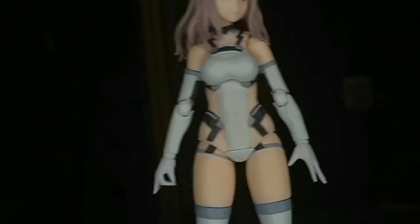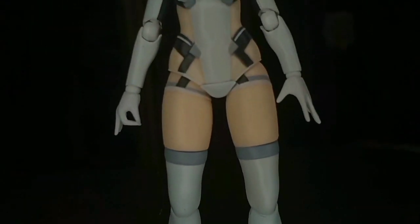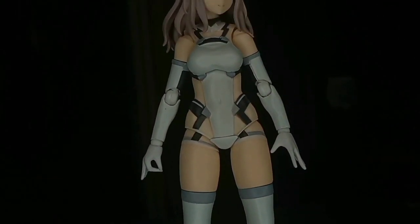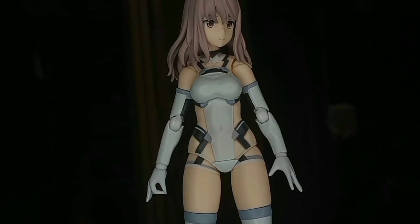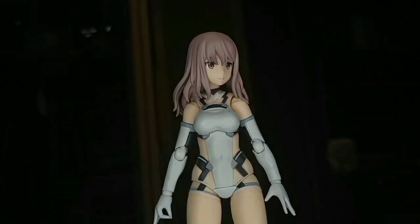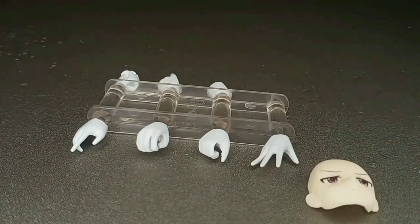Let's move on to accessories. In all seriousness though, paint and detailing, let me move the camera. Paint and detailing on the first bit of this figure is extremely well done. I mean, seriously, I can't tell if what I'm looking at is a figure or someone's figure. So, as for accessories, she's got some hands, some extra faces,